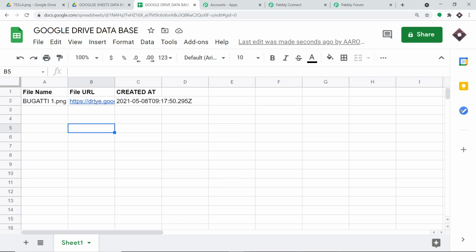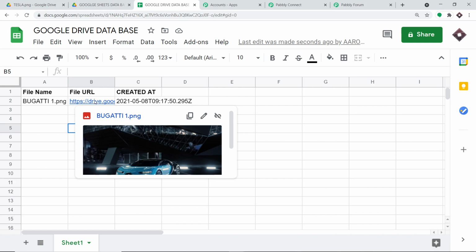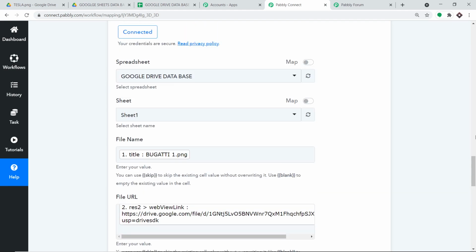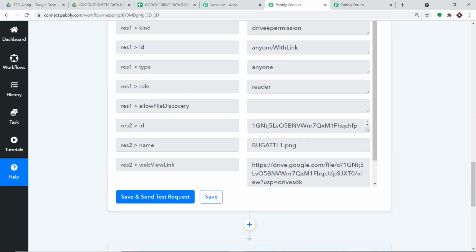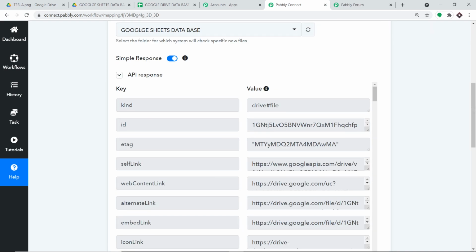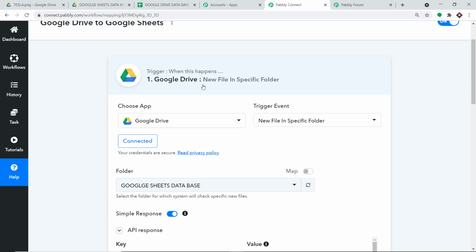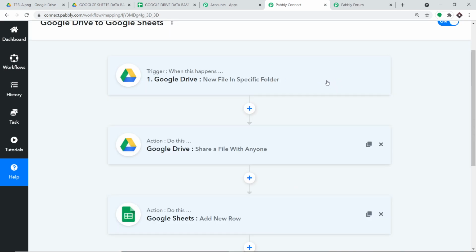The presence of this data shows that we have successfully integrated Google Drive and Google Sheets with the help of Pabbly Connect. Now, before you leave, let me just explain the whole mechanism in a nutshell. Let me take you to Pabbly Connect, and let me minimize this action window and minimize the trigger window. So basically, this is the whole process in a nutshell.